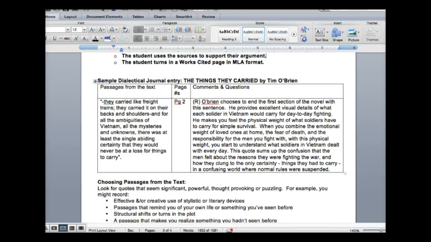So let's talk really quickly about your dialectic journal entries. They need to look like this. This is our example from The Things They Carried by Tim O'Brien. You'll need to have 3 columns. The first one is the passage, and I want you to go ahead and put the